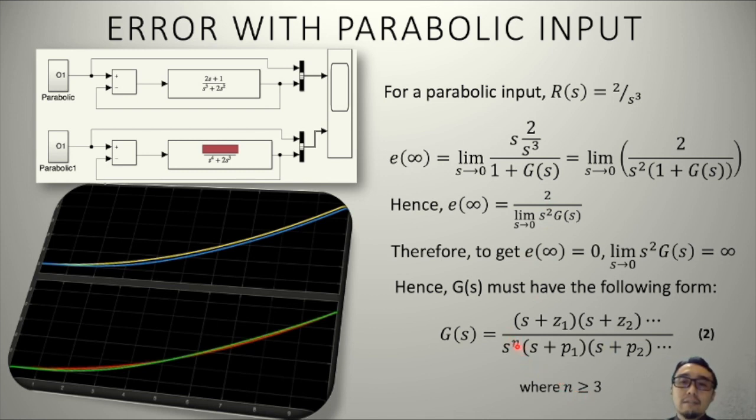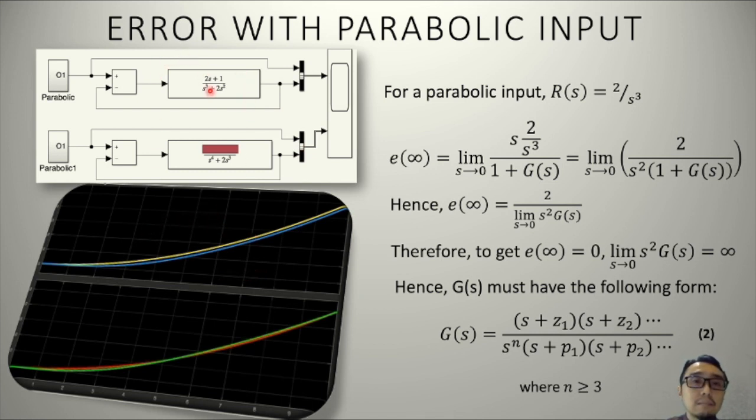So you need to have n equal to 3 or more, in order that you have a division by 0 here, causing G(s) to be very big as s approaches 0, in which case you will have the steady state error equal to 0. So in this case, you can see that